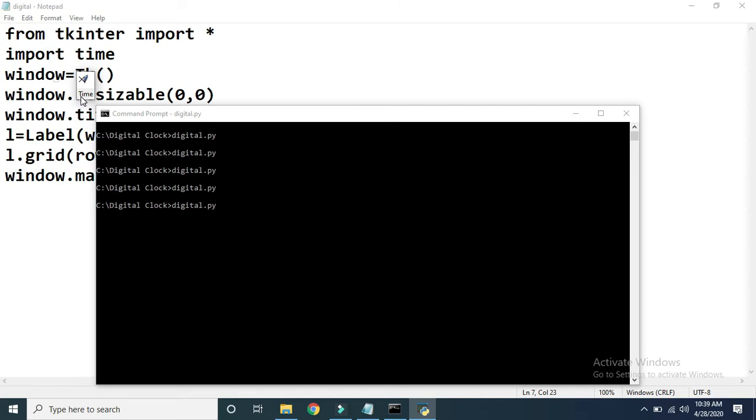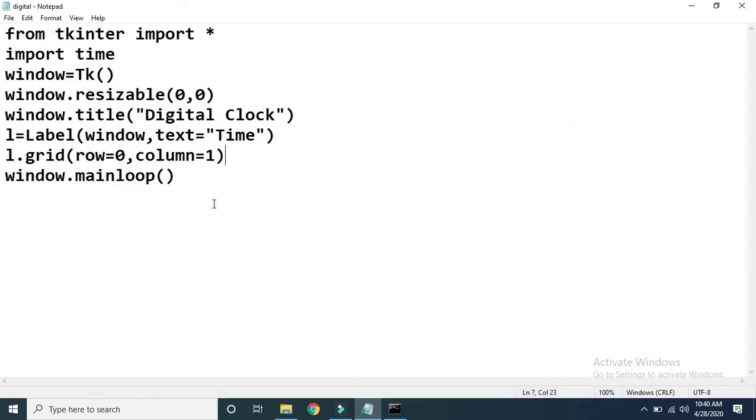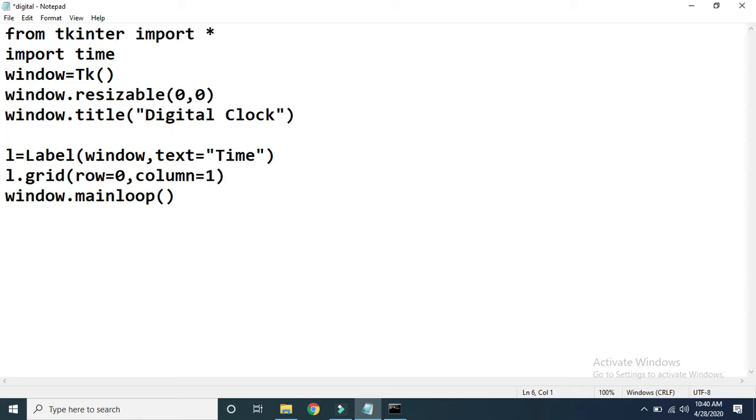Now see, actually on this label we don't want to display the text "type". Actually we want to display the time here. So now I'm just going to close this window. Instead of displaying the text as type, I want to display the actual time. For that, you have to define one variable.